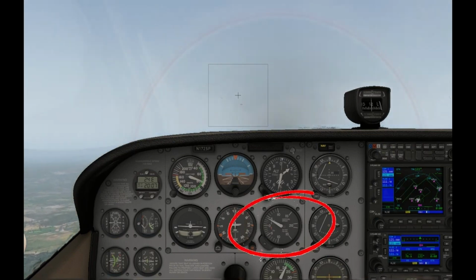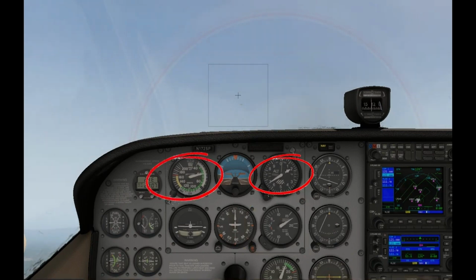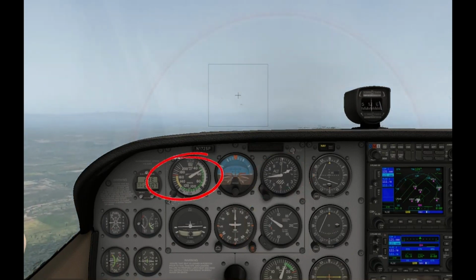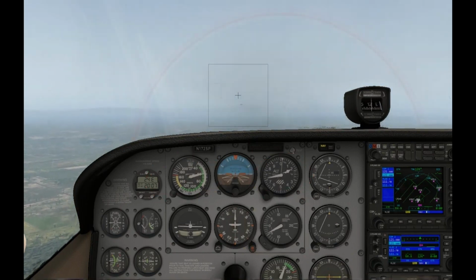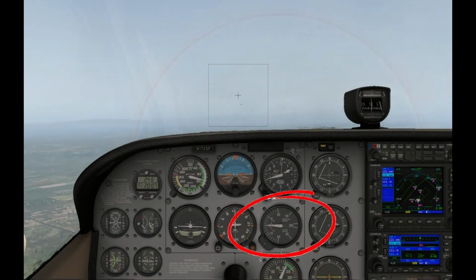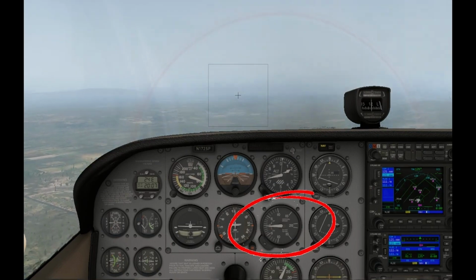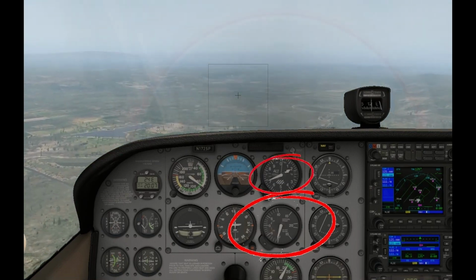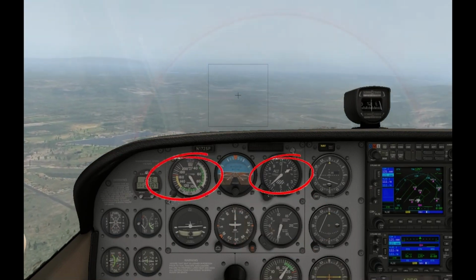We have an airspeed of just under 80 knots, and now we begin our climb, pitching the nose up, which increases vertical speed, results in airspeed loss, and also increases our altitude. We now level the wings back off and pitch the nose down, which increases vertical speed, decreases altitude, and as a result